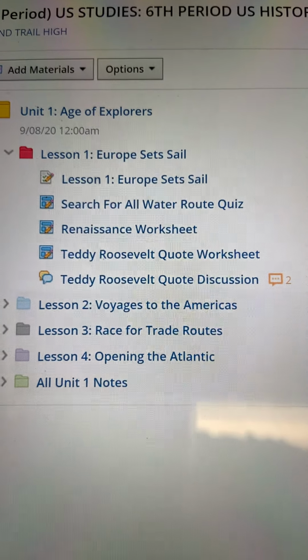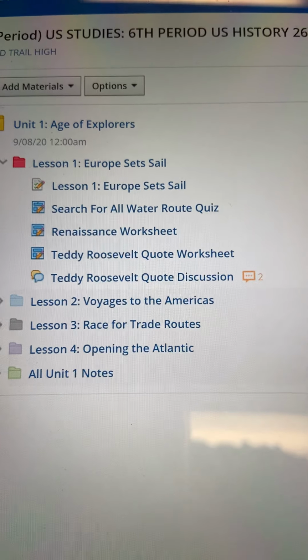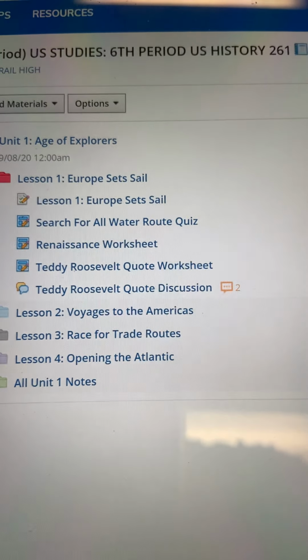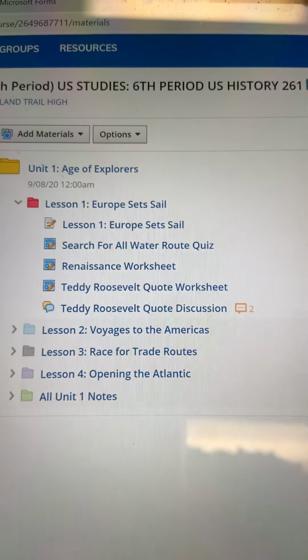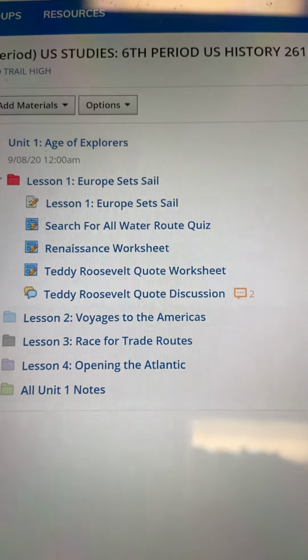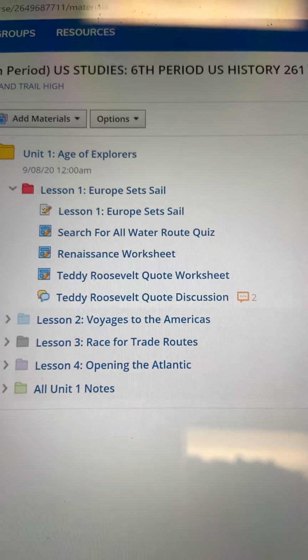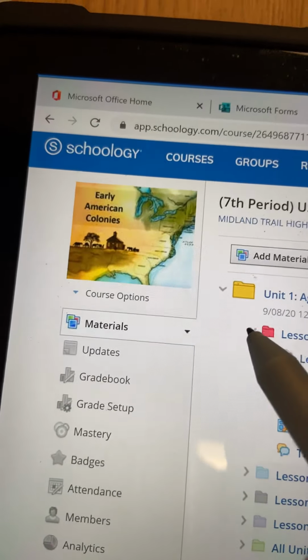You did a worksheet. And then just to get your thoughts going about not giving up and always trying to succeed, I had a Teddy Roosevelt quote worksheet there for you to work on and a discussion post that we looked at. So that was lesson 1, what you did. Now, if I close this back up,